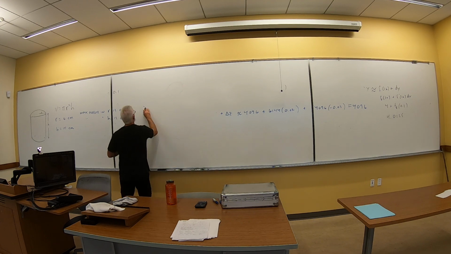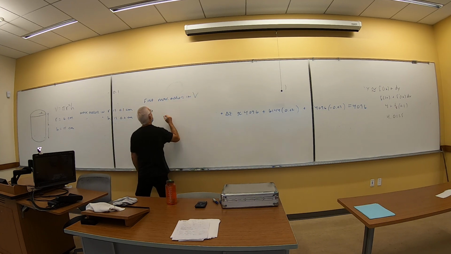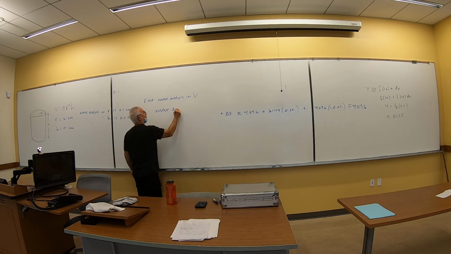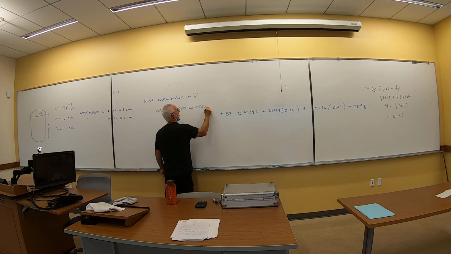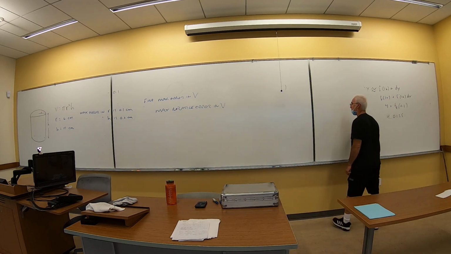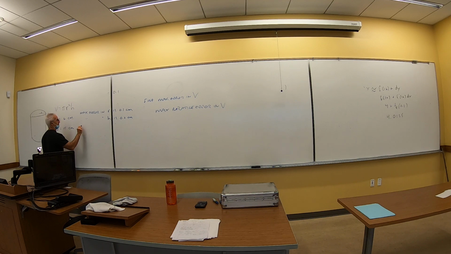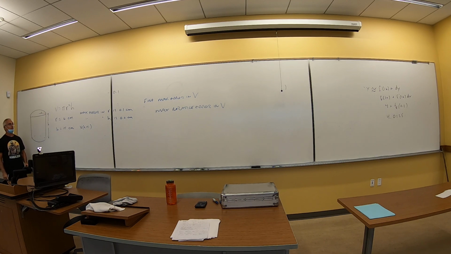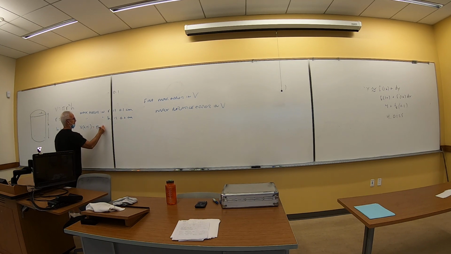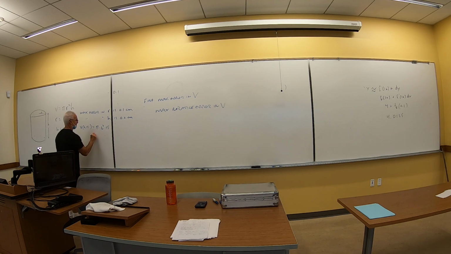So, let's find two things. The maximum error in volume and the maximum relative error in volume. These are separate calculations. Okay? Well, let's go back to here then. What is the volume supposed to be? I'll do it like this if you want. It's supposed to be what? Let's calculate that. 540 pi